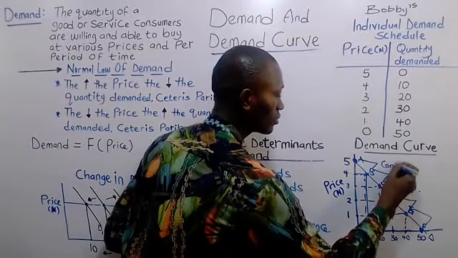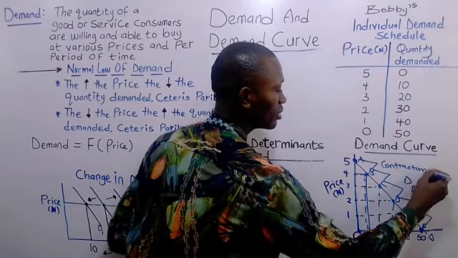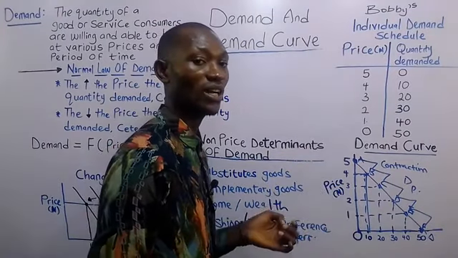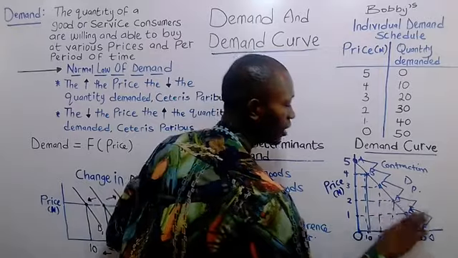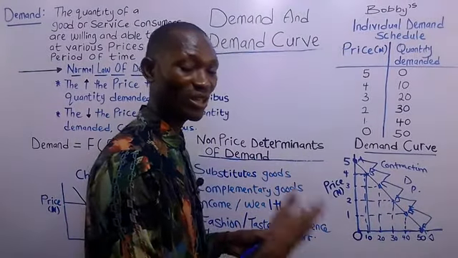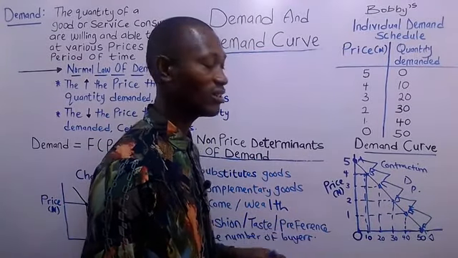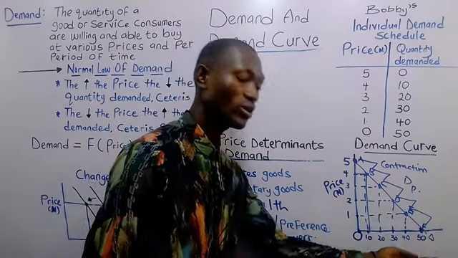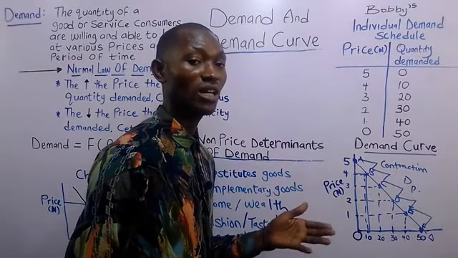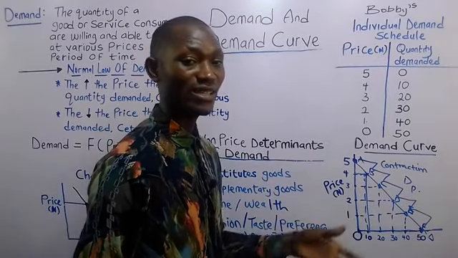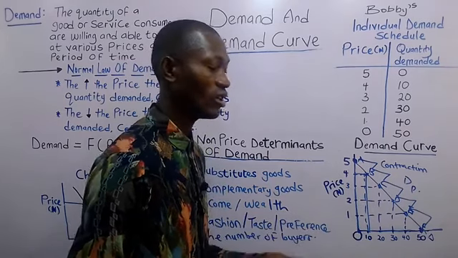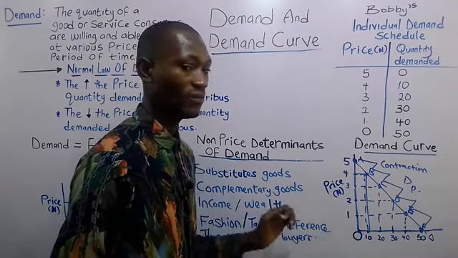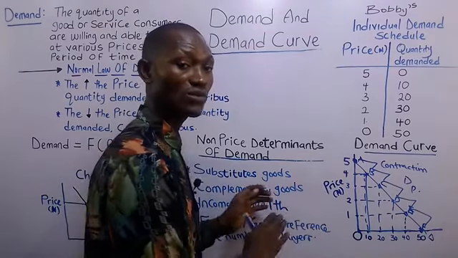We call it contraction. That means there has been a reduction in the quantity demanded of that same commodity due to an increase in the price of the commodity in question. And downward movement means there has been an increase in the quantity demanded for that commodity due to a fall in the price of the commodity in question. That increase in the quantity demanded is also called expansion or extension. So with this you have, like I said, the demand curve slopes negatively.